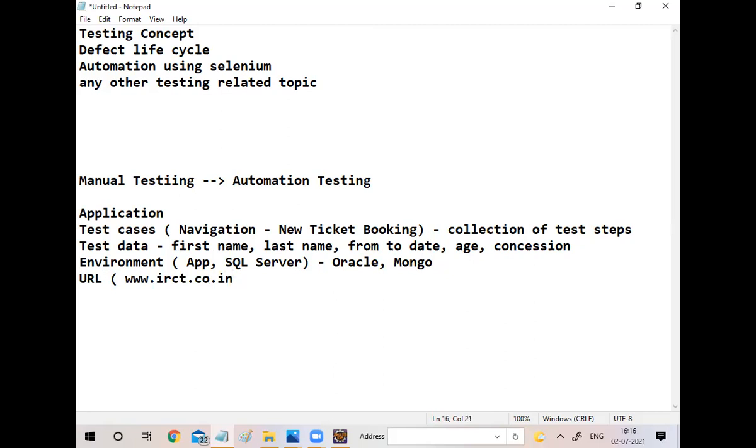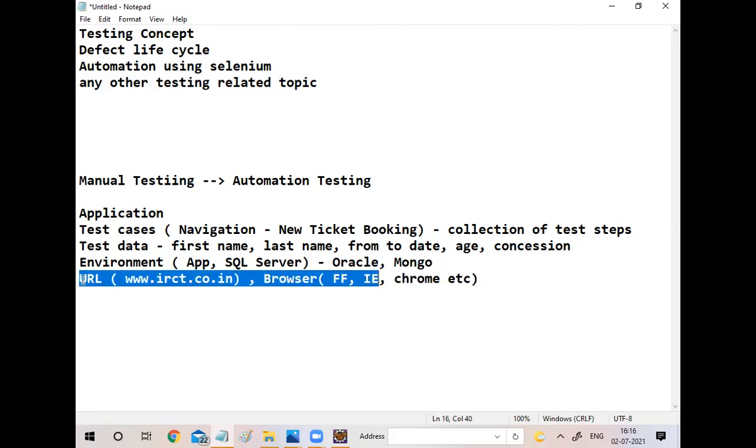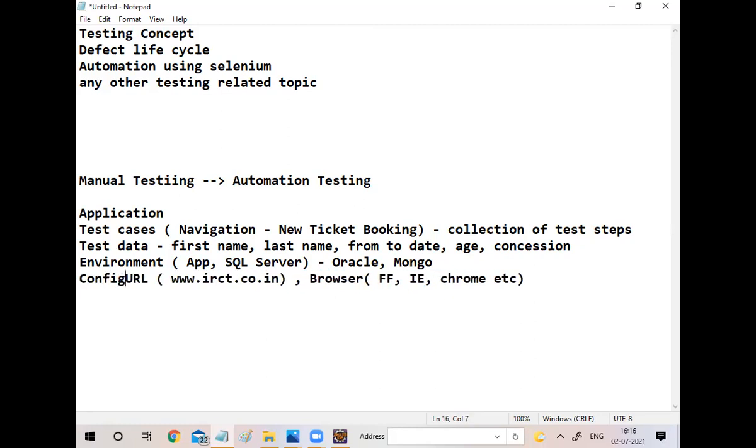You are opening this in the browser. The browser depends on the client; they may want to support Firefox or Chrome or Internet Explorer. There are so many other steps actually. So all these things we can call a configuration.